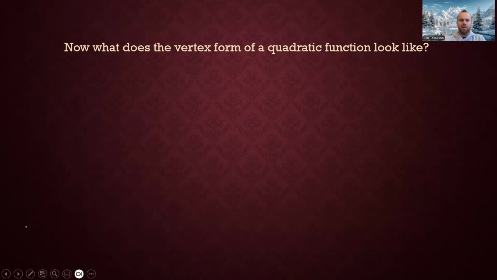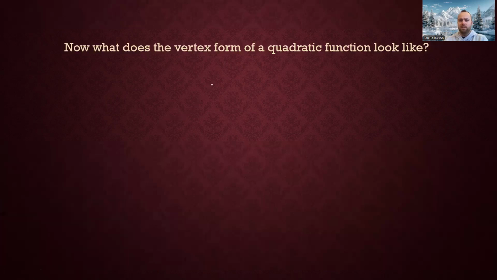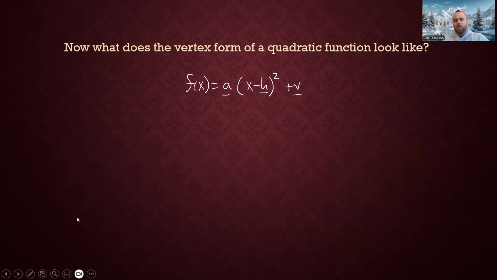think about what the vertex form of a quadratic looks like. We've done this recently, so you should know that it looks like this, with all possible transformations. Athletic A, dishonest H, and elevator V. Okay, we're going to put those two things together. I'm going to tell you right now